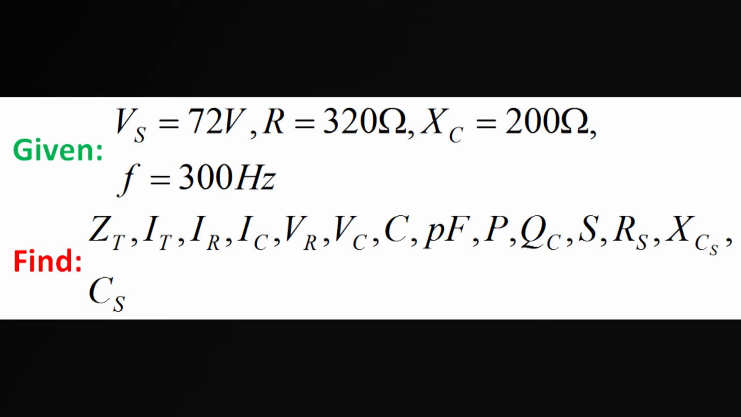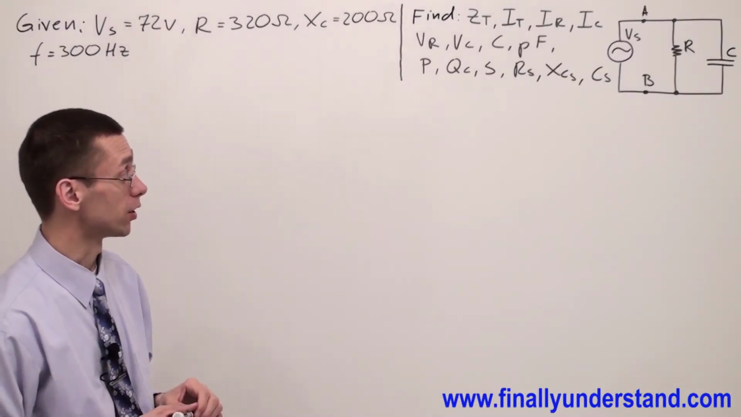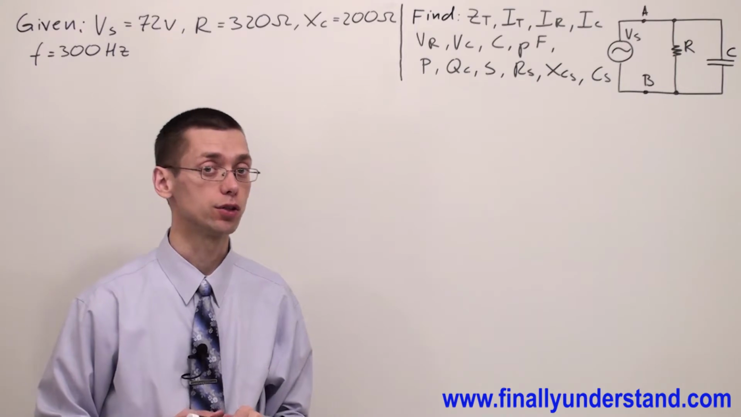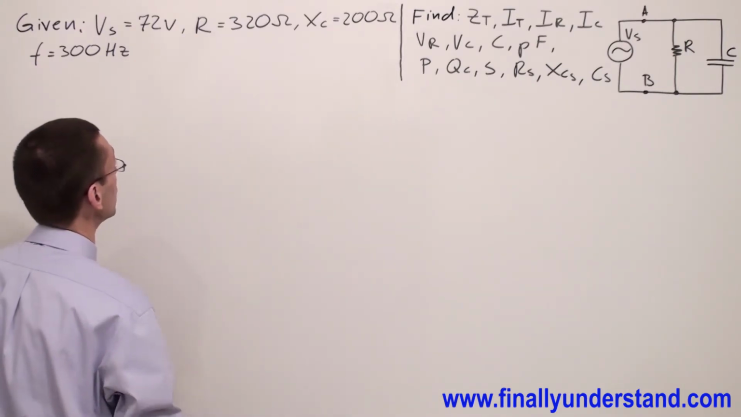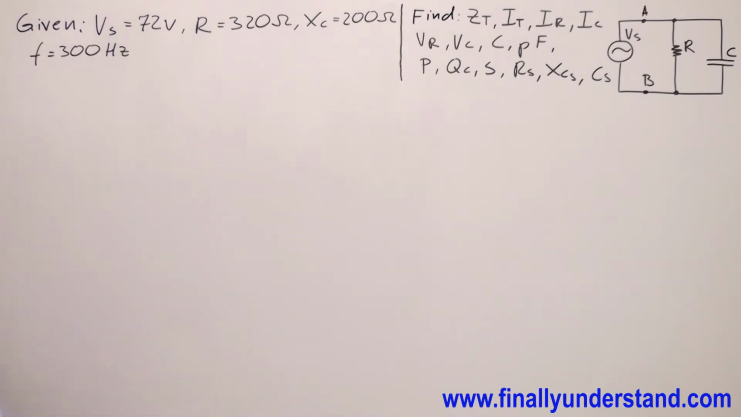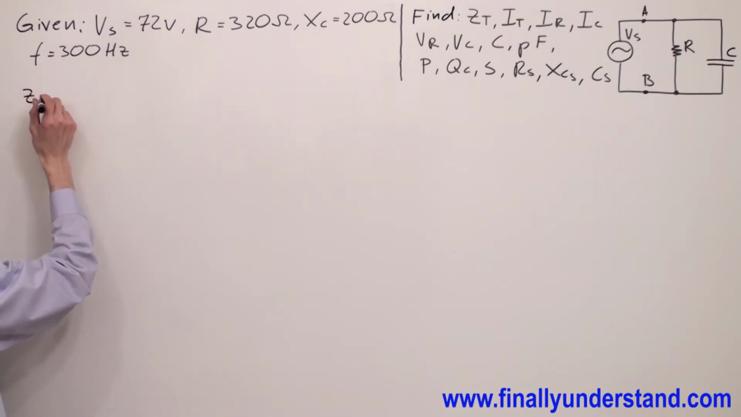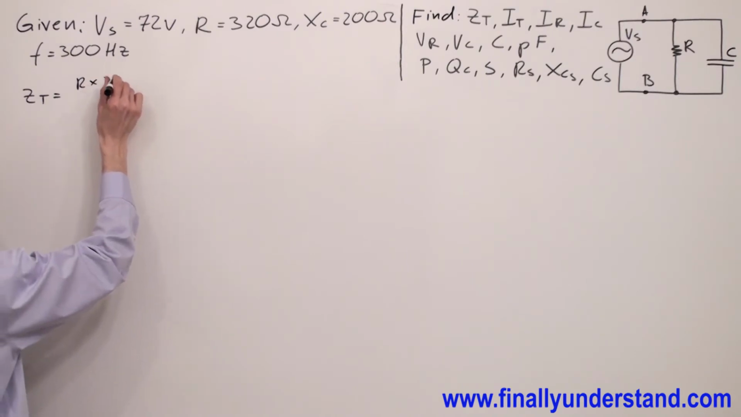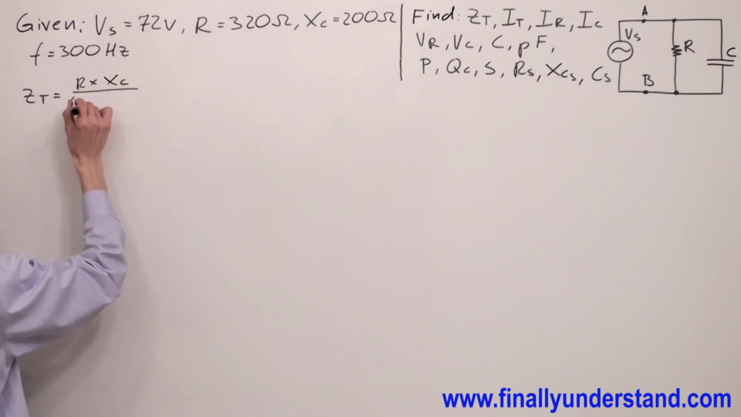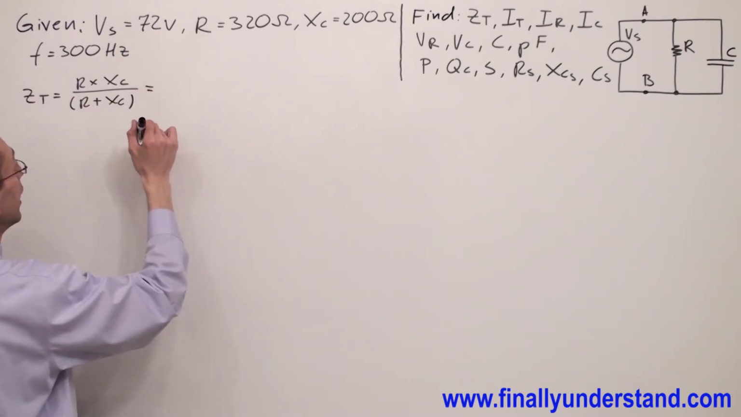We have another example on the board. First, we have to find Z total. So we have a parallel circuit with just two components, and we are given the resistance and capacitive reactance. We can use the product over the sum. So Z total is equal to resistance times X of C over R plus X of C, where R is equal